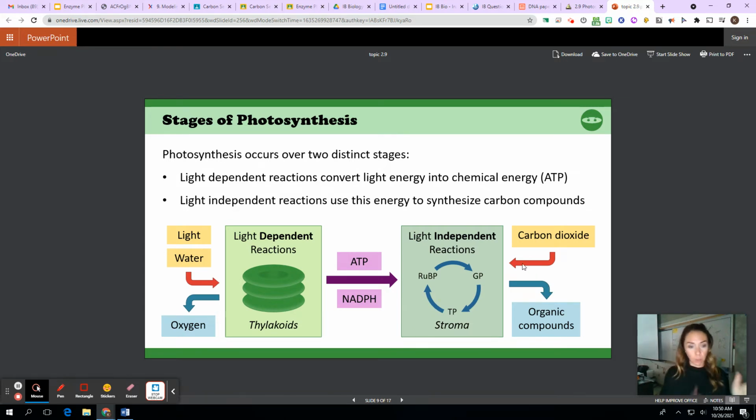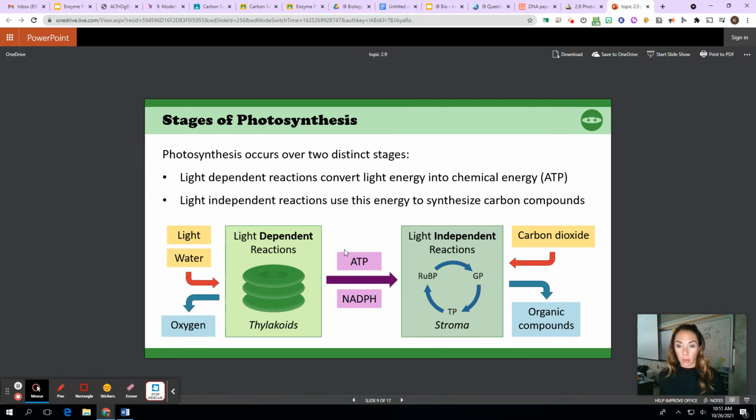So light dependent over here, this is kind of the one where you have our general understanding of photosynthesis. The light and water go together and they make oxygen. This happens in the thylakoids. So those are those stacked membranes that you are used to drawing. This one right here, the light dependent, it converts that light energy into the ATP, right? This is the one that is converting that. The light independent does not need